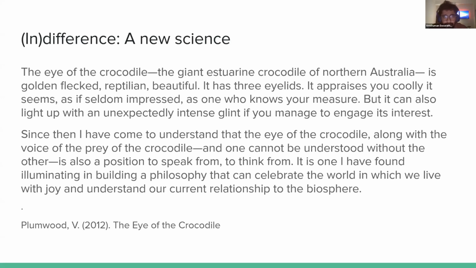She says, the eye of the crocodile, the giant estuarine crocodile of northern Australia, is golden flecked, reptilian, and beautiful. It has three eyelids. It appraises you coolly, it seems, as if seldom impressed, as one who knows your measure. But it can also light up with an unexpectedly intense glint if you manage to engage its interest. And then she speaks about how, as soon as she saw this glint, that was the provocation for it to attack. But then she continues later on saying,